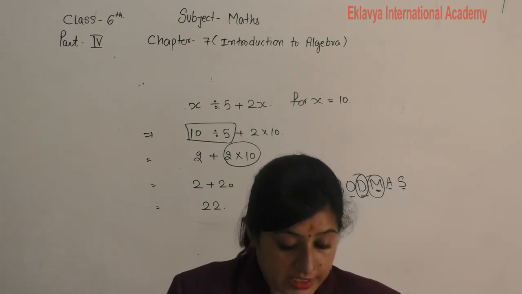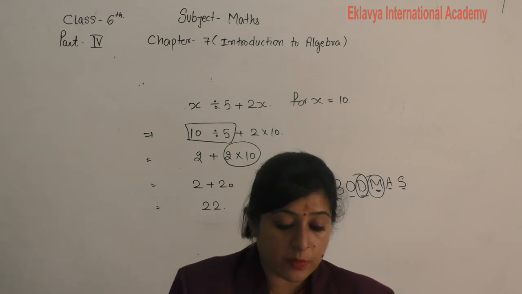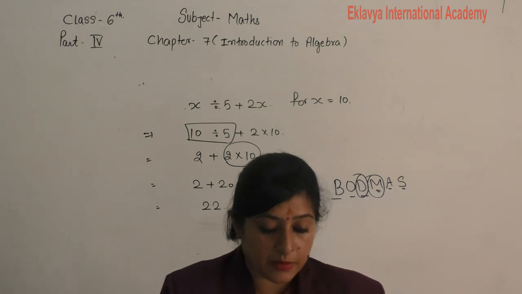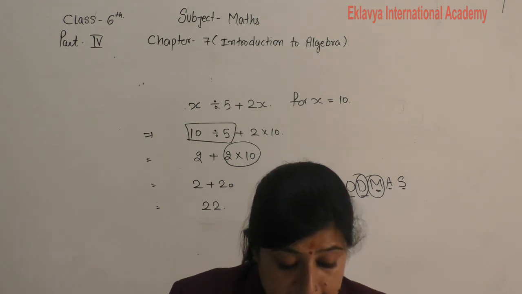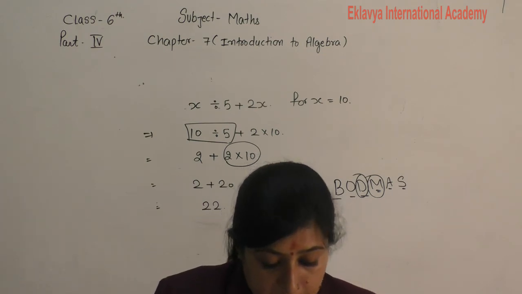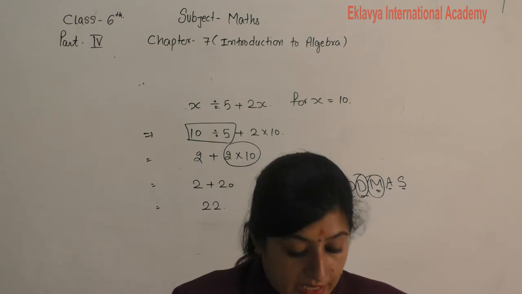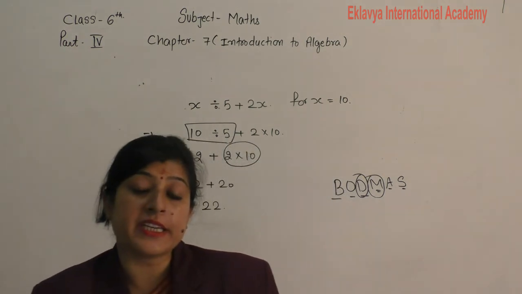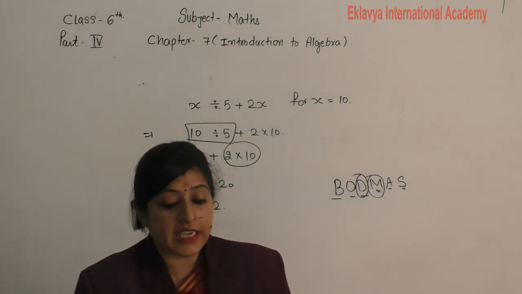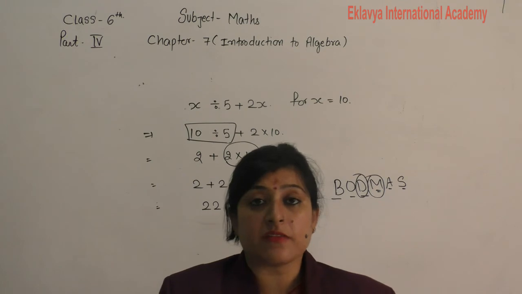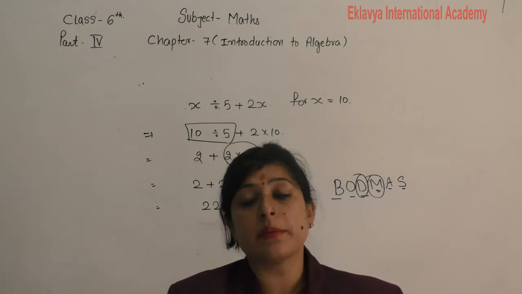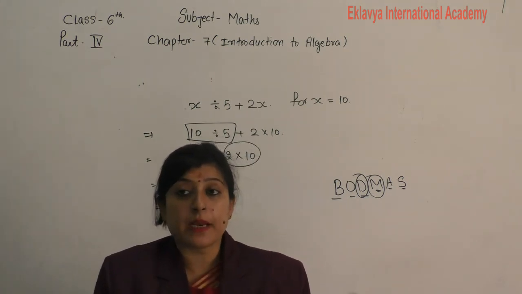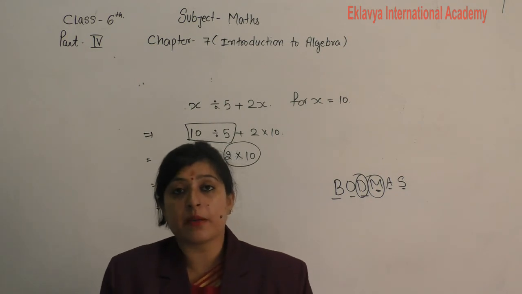See one hot question here. Your mother says to calculate your pocket money, multiply your age by itself and then double it. If your age is x years, write an algebraic expression representing your pocket money. Your mother says, to calculate your pocket money, multiply your age by itself. It means if your age is 15 years, then multiply by itself means 15 multiply by 15.